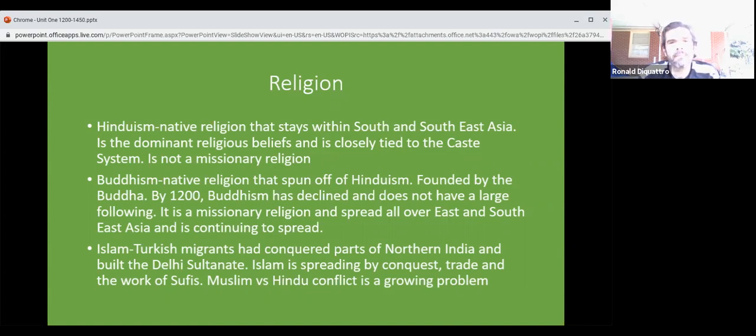The second big set of religious beliefs we need to talk about is Buddhism. Buddhism originated in India about 400 BC, 400 years before the birth of Christ. And it was founded as a spin-off religion of Hinduism. Because of that, Buddhism and Hinduism do share some common beliefs, like the cycles of rebirth and reincarnation. But in Buddhism, the ultimate goal is to escape the cycles of rebirth and achieve nirvana. The founder of Buddhism is a man named Gautama Buddha. He does not claim to be some sort of deity.